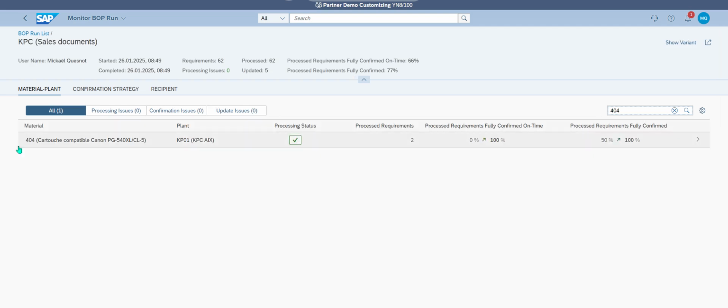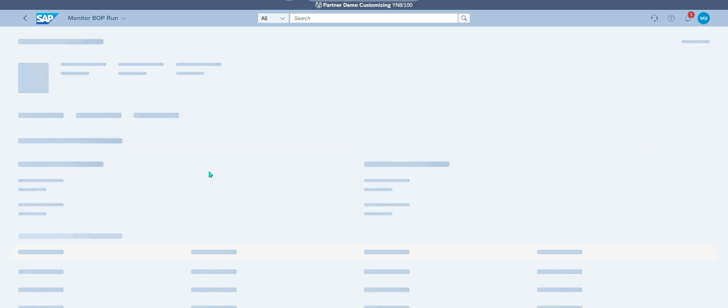Okay, I see for the material cartouche compatible Canon. Okay, the process status, that process requirement is fully confirmed one time, 100%. Okay, process fully confirmed. If I go to the detail to see what happened,